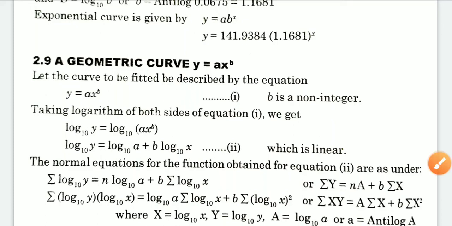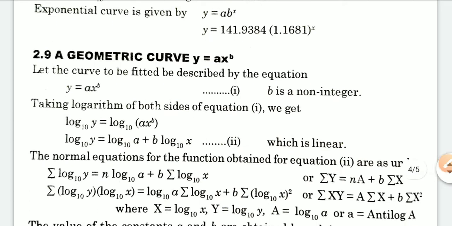Next is the geometric curve. The equation is y = a·b^x. If you have a geometric curve, from the given data fit y = a·x^b, it is a geometric curve. Let the curve to be fitted be described by the equation y = a·x^b,